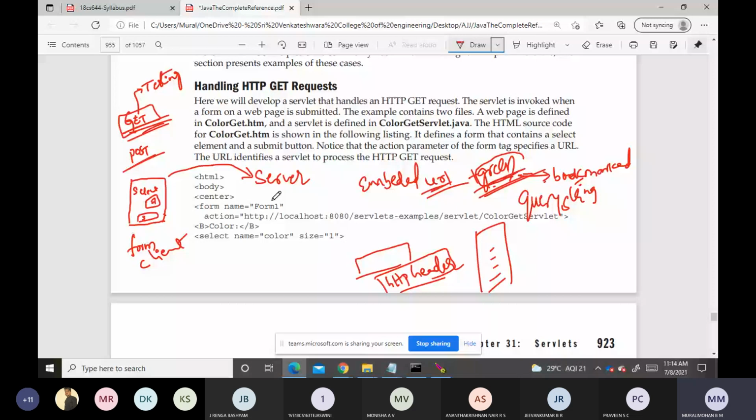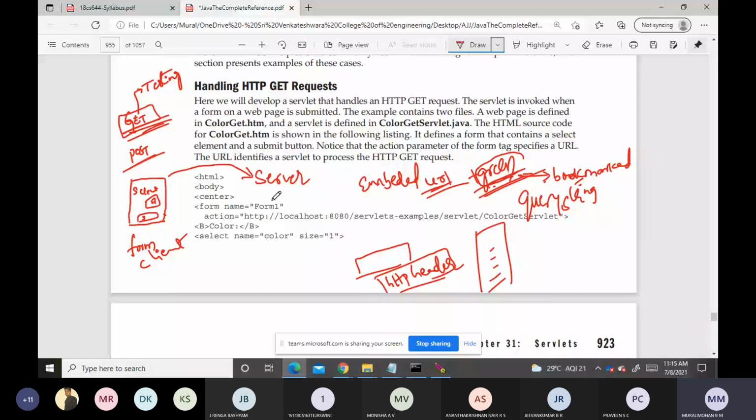Now we'll see how to handle HTTP get requests. Here I will develop a servlet which will handle an HTTP get request. Whenever a form on the web page is submitted, it will invoke that particular servlet. For example, we have two files. This is the HTML file, and inside it one form is created.